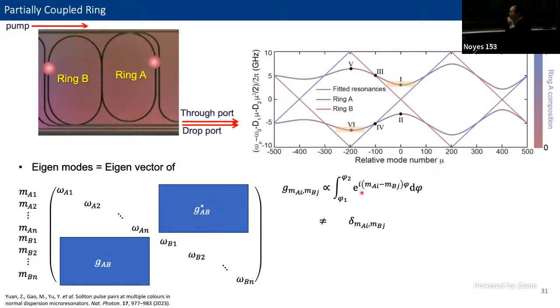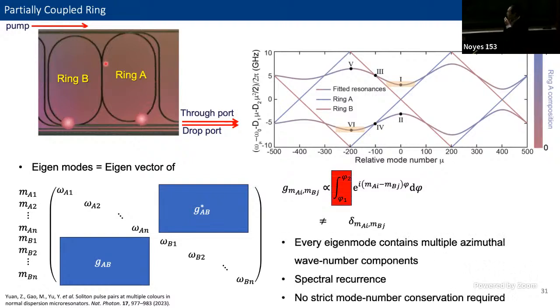However, in this partial coupling case the integration only involves a fraction of their circumference instead of from 0 to 2 pi. If you integrate from 0 to 2 pi, the integration results in a delta function, which requires mode number matching in order to have a strong interaction between the two resonators. However, if the integration doesn't span 0 to 2 pi, it will not vanish even if you don't have mode number matching. So this gives you an idea why in our case this does not require mode number matching,